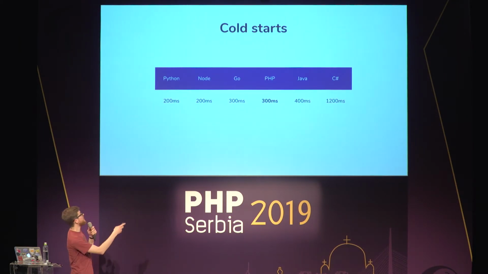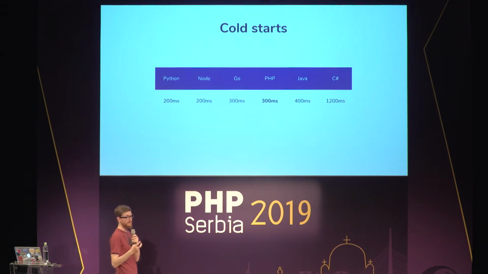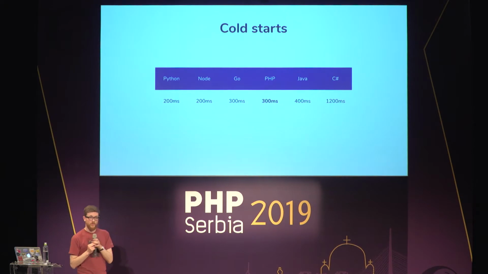PHP is doing quite okay compared to the other languages, but you have to accept the fact that you could get 300 milliseconds of response time, or sometimes 200, added to your response time. Now you have to wonder, is it worth it? Sometimes it is, sometimes it's not. If you build a real-time application, maybe it isn't worth it. But I guess for most PHP websites,